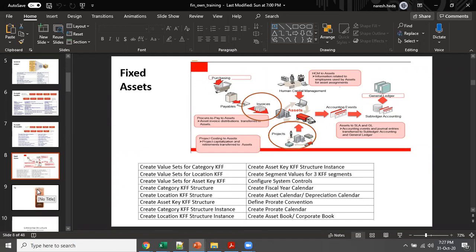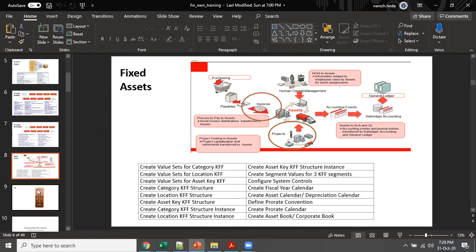See, what happens in Fusion is we can't load data as we had that option in EBS, because we don't have the backend. We can't do any updates in the table.